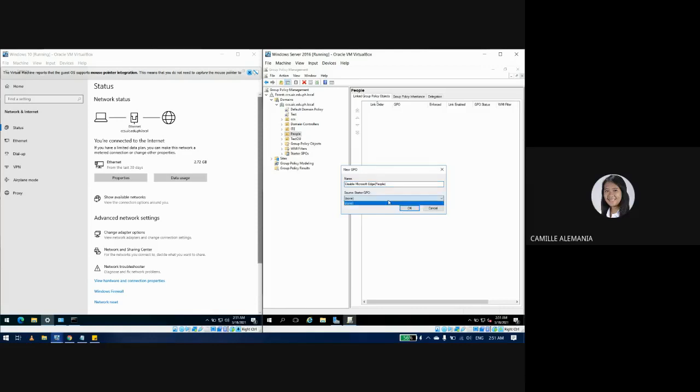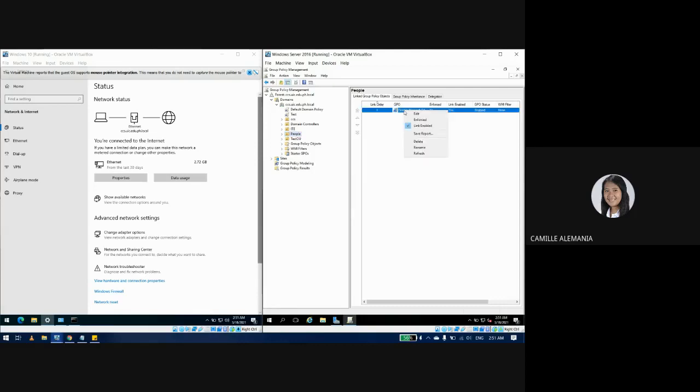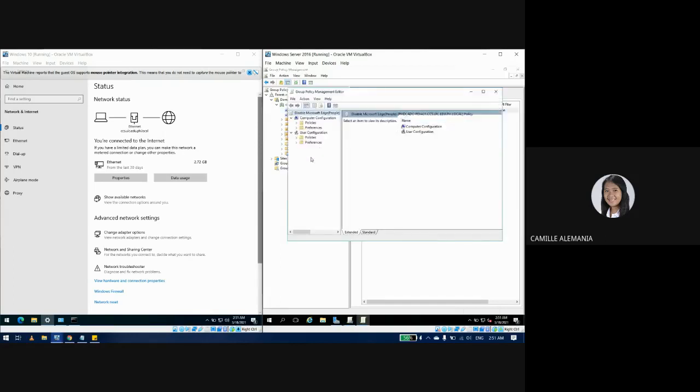Then click OK. Now add a setting to the GPO. Right-click on the newly created GPO, then click Edit. Then User Configuration,